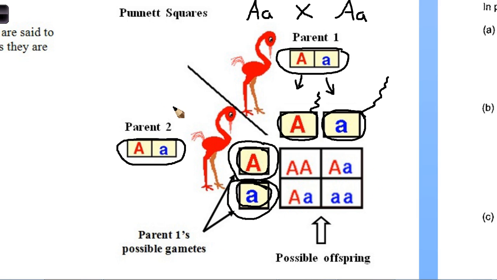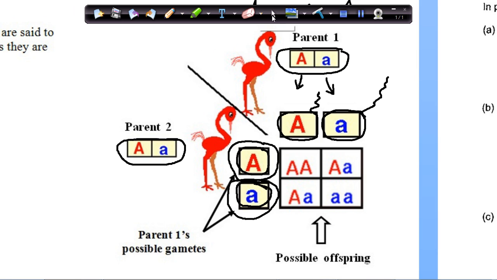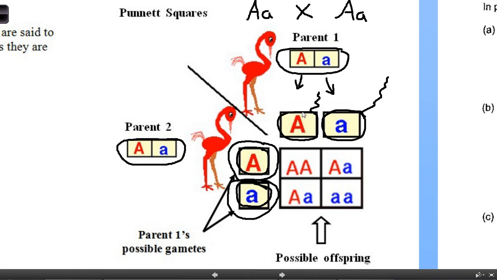Now in the table here, essentially what we're doing is showing what would happen if this sperm here fertilized this egg. If you can imagine they were moving, they collide here, this one and this one, and fuse together to form this offspring here. And if this sperm fertilized this egg, across, if these two collided to form this offspring,